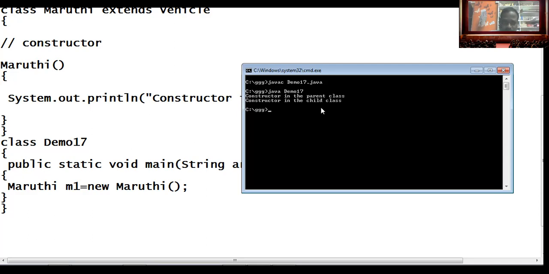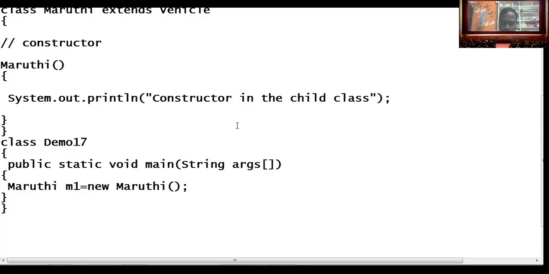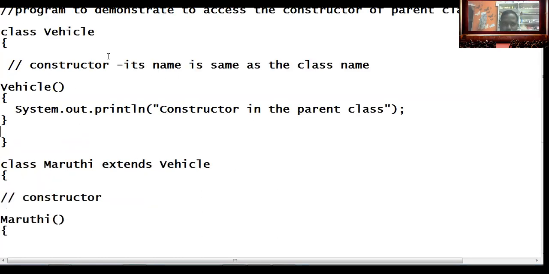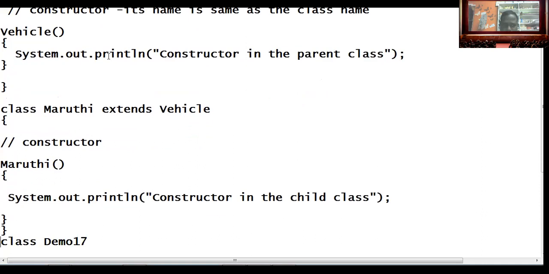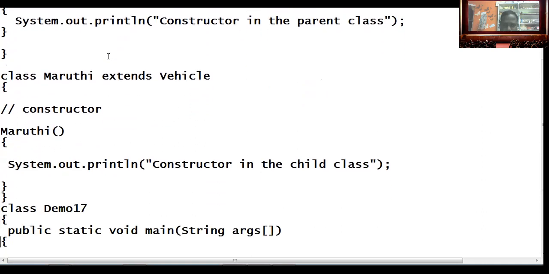So this is the way we got this output. Now I'll help you understand here: the parent class instance.